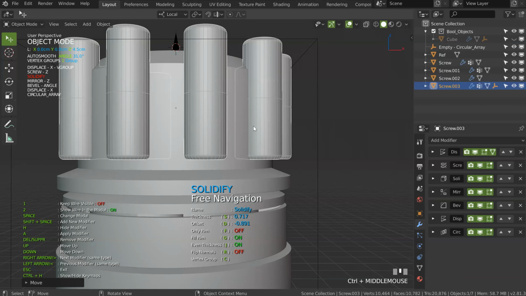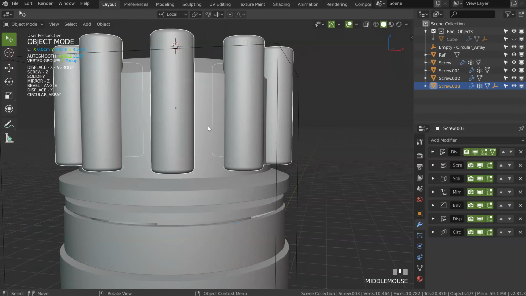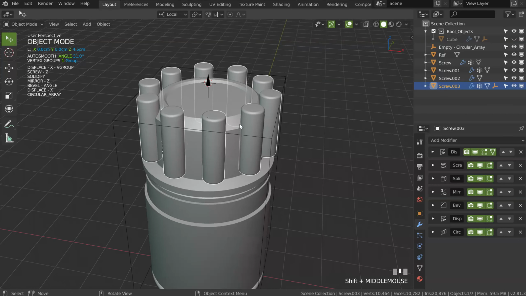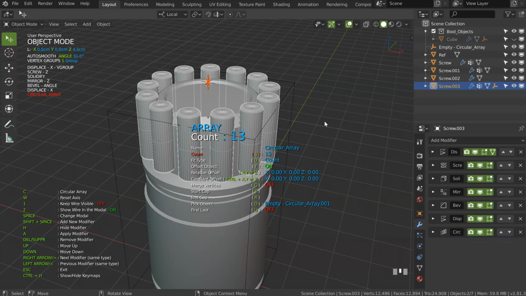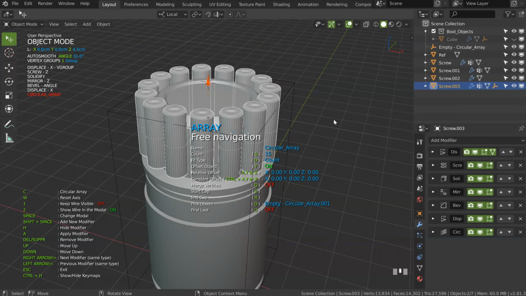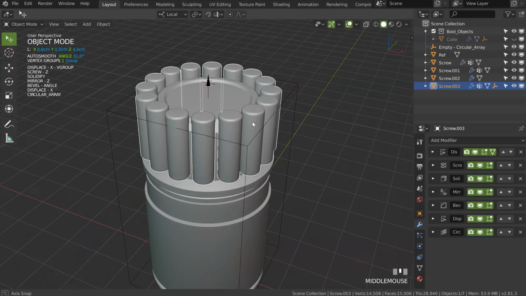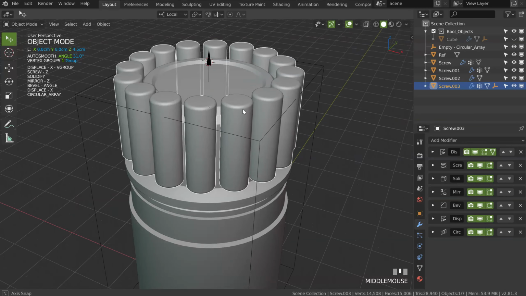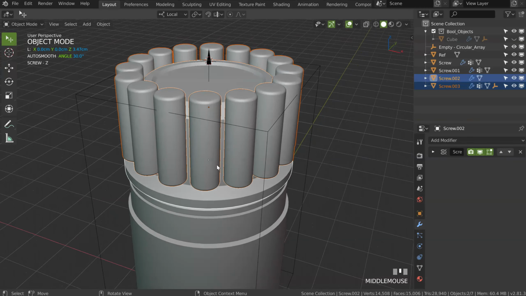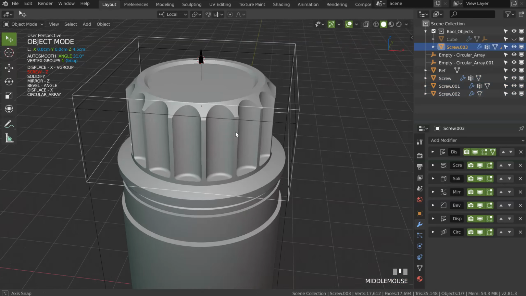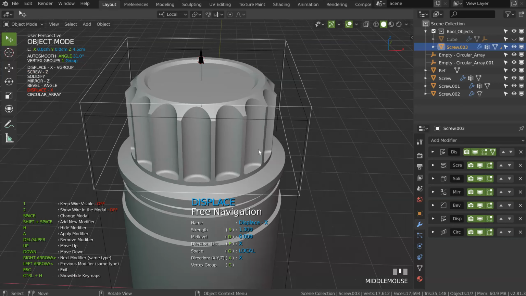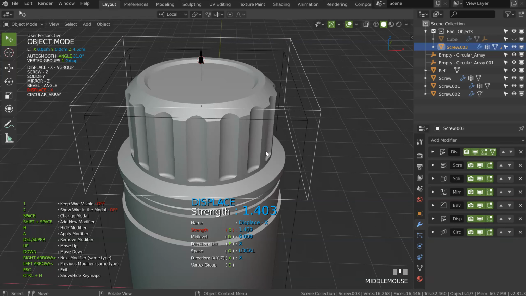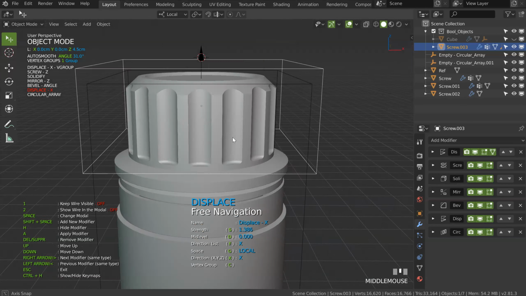I think I will edit my object a little after, so maybe this one. On this one, select it, and let's come back and play with the array, S, up, one more time, and we will make a direct boolean. Select this one, space, boolean. That will give us this kind of result. As you can see, this is interesting, but I will edit it a little. Press 2 to have this kind of result, and S to change this. So I will have this result, so this is nice.